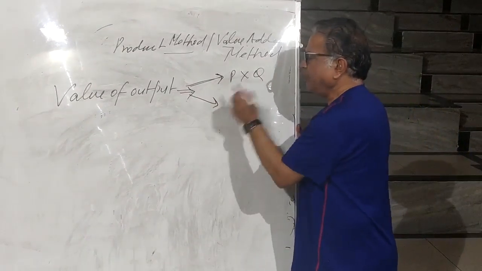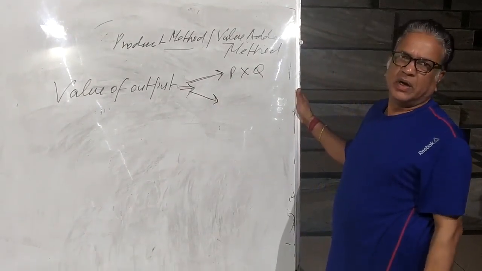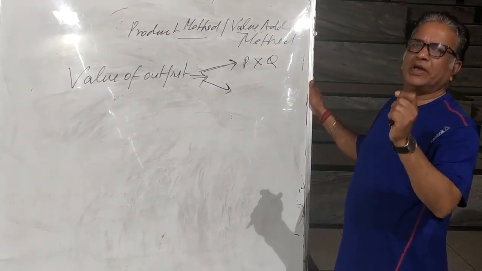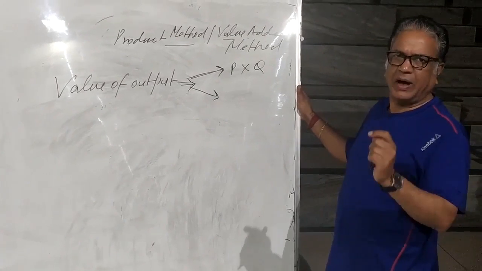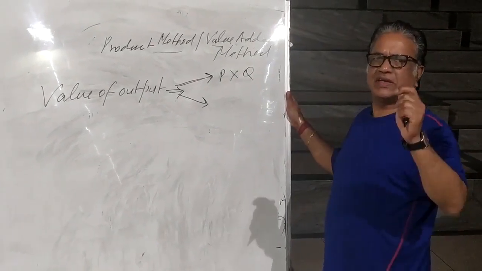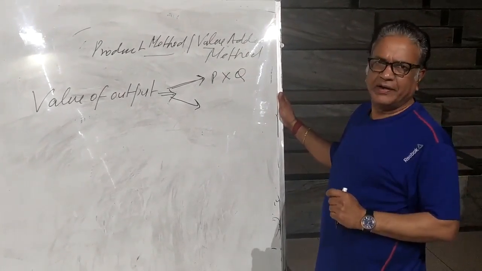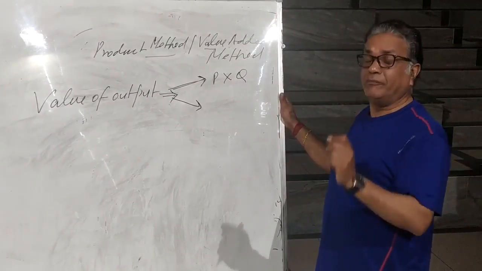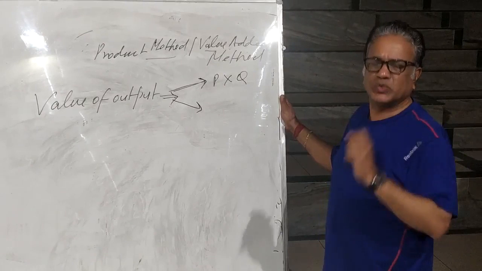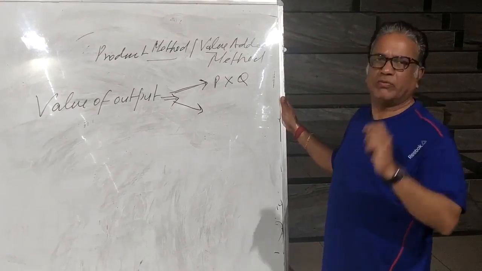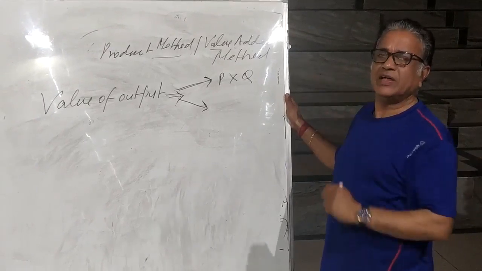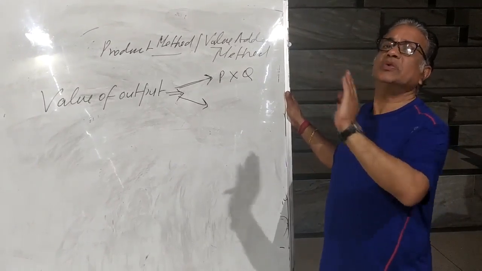Second way: if you have been given a situation where a firm throughout the year makes sales of rupees 500, and in the firm's stock the available material value is rupees 200. So what is the total value of output? Total sales 500 plus what is available in the stock 200 is equal to 700.